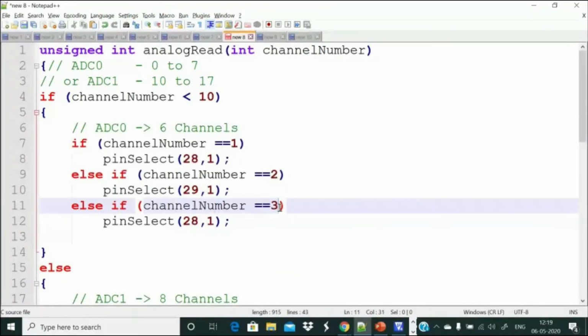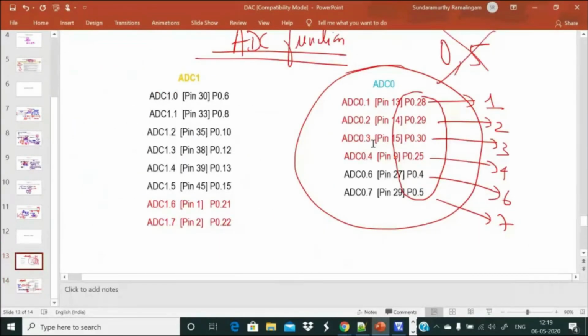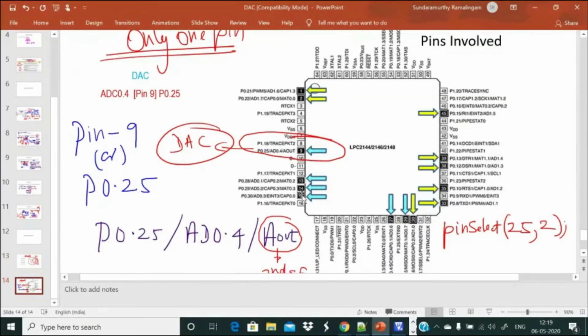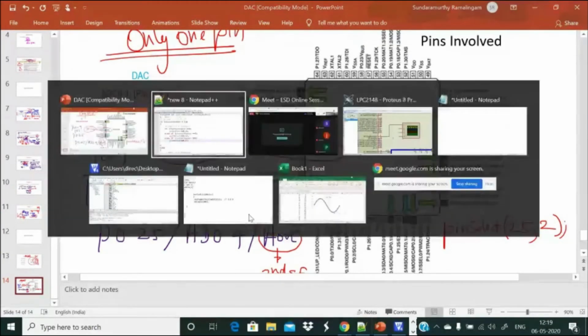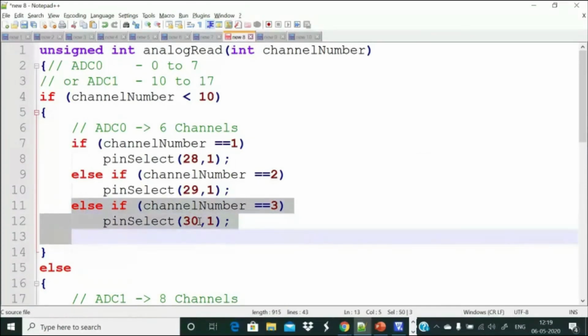For channel number 3, which pin? 15th pin, which is port 0.30. Again, first special function. Like this, we have to do the rest of the things.